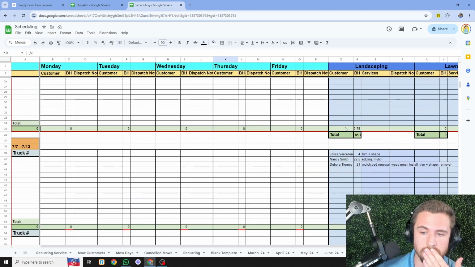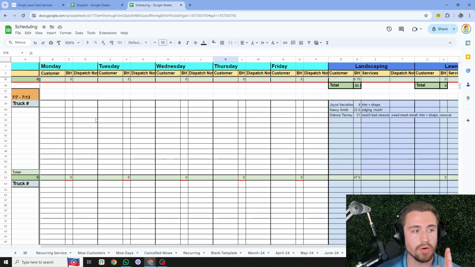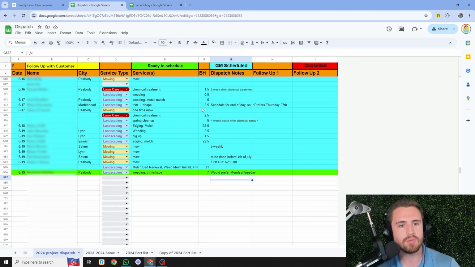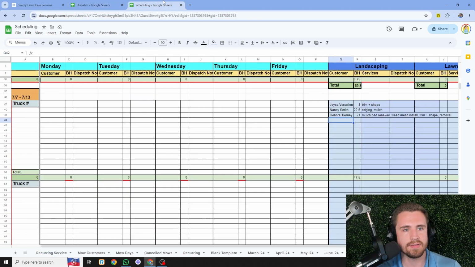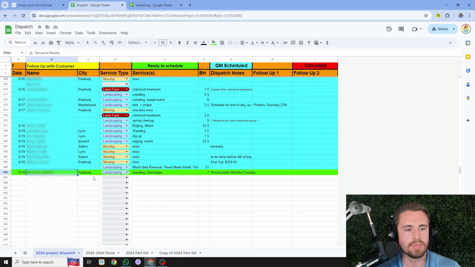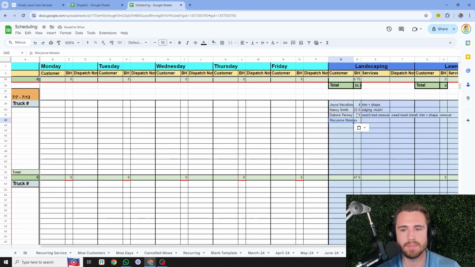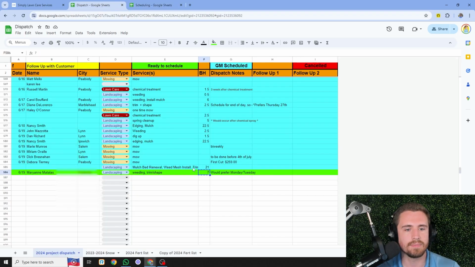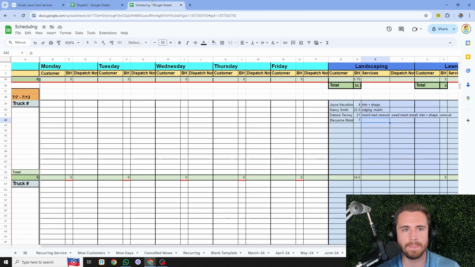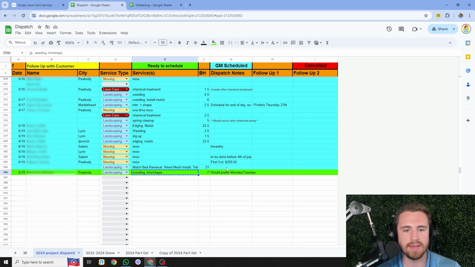Now, I'm going to schedule it for 3 weeks out. That's what I've decided, 7/7 to 7/13. So I'm going to take this, copy, paste, budget hours, 7, copy, paste. And then this is services. So I'm going to copy that, paste it. And then dispatch notes, and would prefer